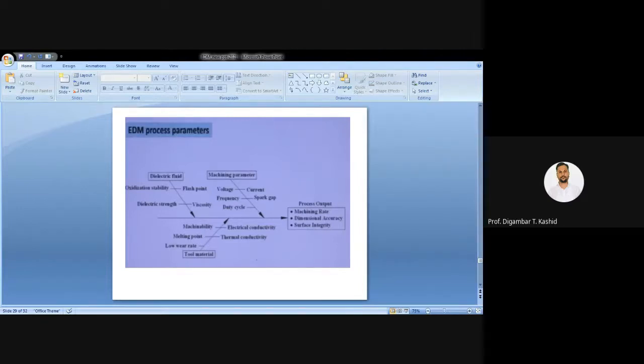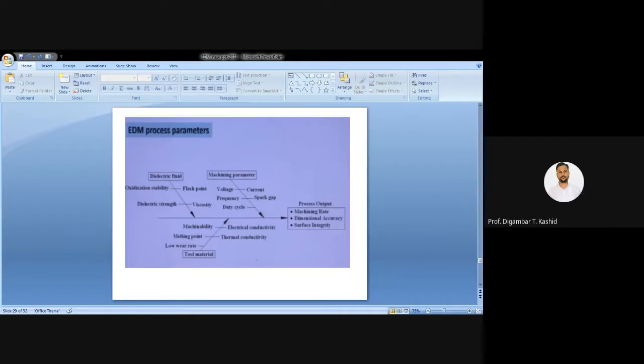Again, in case of making intricate shaped dies, the machining time comes down to 50% or less using the EDM process. Again, whatever dies are made by EDM, they are all free of burrs and have higher life as compared to the dies made using conventional methods. Again, a matte finish can be obtained using this EDM, and you can minimize the polishing time which is required.